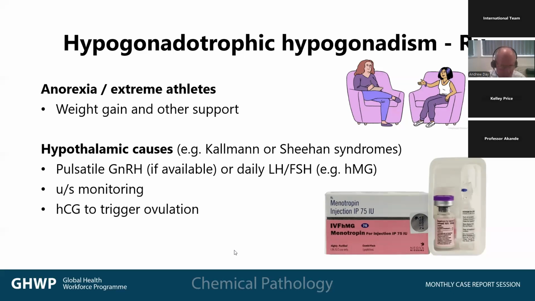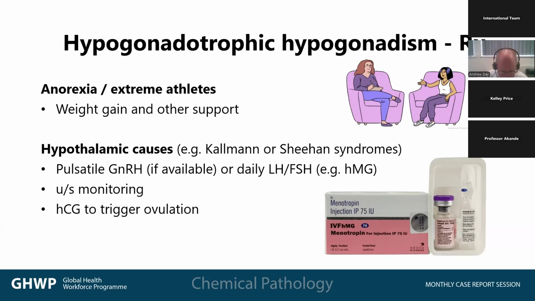But if it's an intrinsic hypothalamic cause like Kallmann or Sheehan syndrome, then some of the standard forms of artificial fertility techniques are valuable. So pulsatile GnRH, if it's available, it's not routinely available in all parts of the world, or daily injections with LH and FSH, usually derived from menopausal female urine,